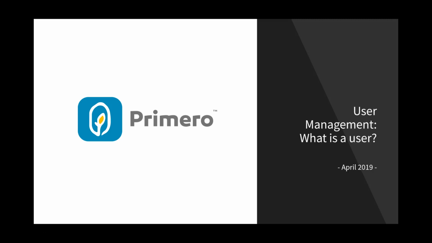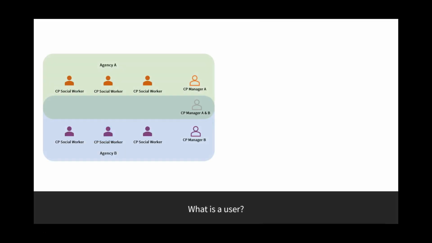In this video, we will walk through what is a user. User management consists of the following three elements: users, user groups, and roles. We've walked through roles and user groups. In this video, we will walk through what users are. Please note that since users are built using roles and user groups, it is important to first create those before